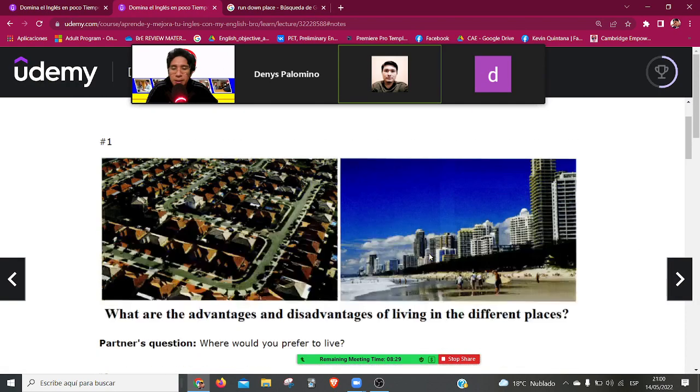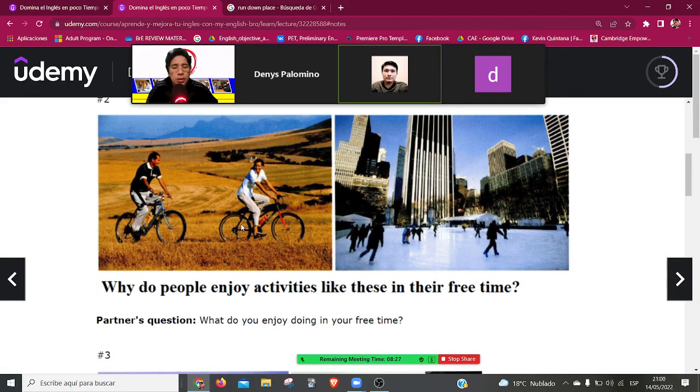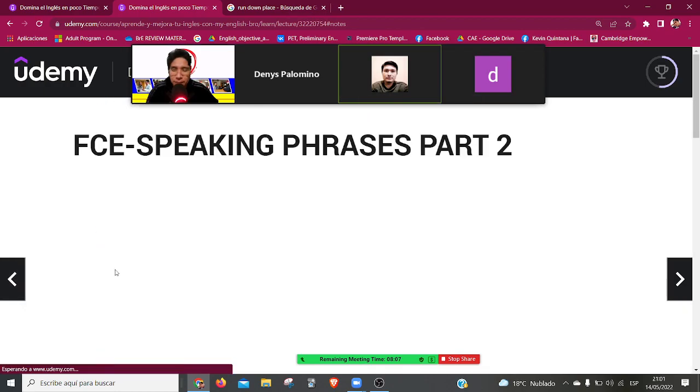Okay? For example, Denise said something interesting. So both pictures show people doing exercises. Both pictures show people working out. In the first picture we can see that there is a man and a girl and they are riding bicycles. On the other hand, in the second picture, they are ice skiing. The word that you were looking for was ice skiing, Denise. Okay.